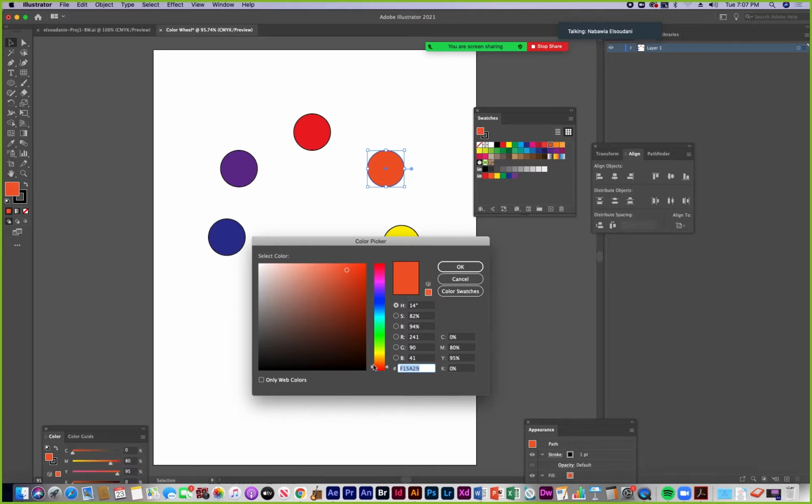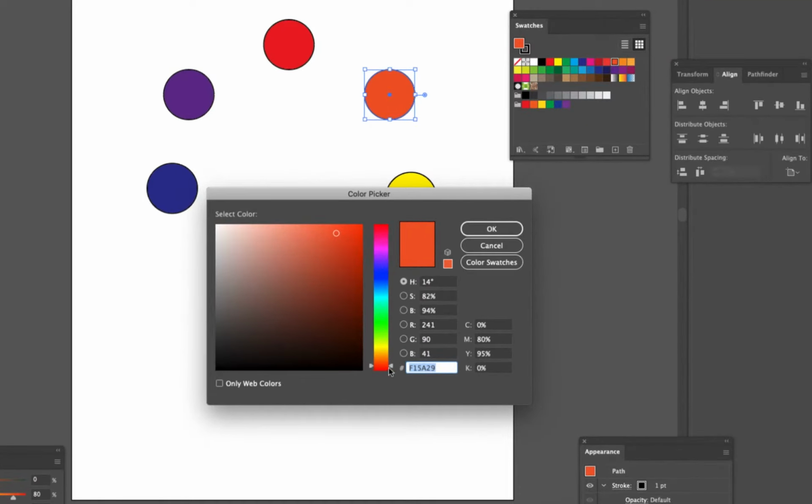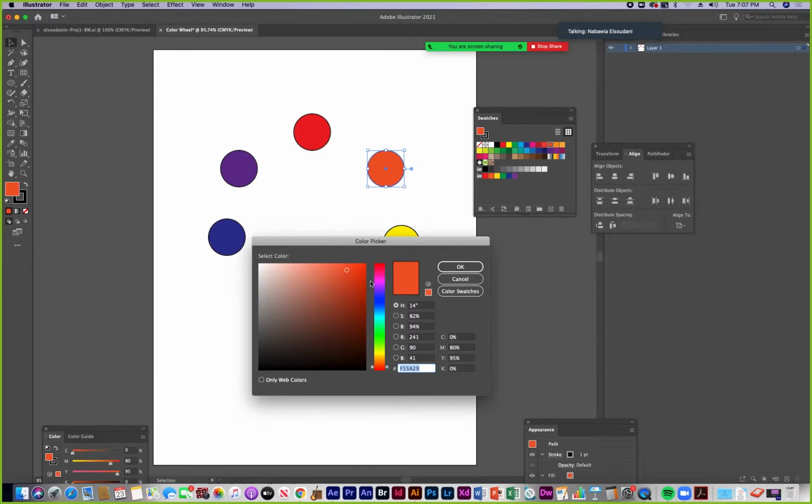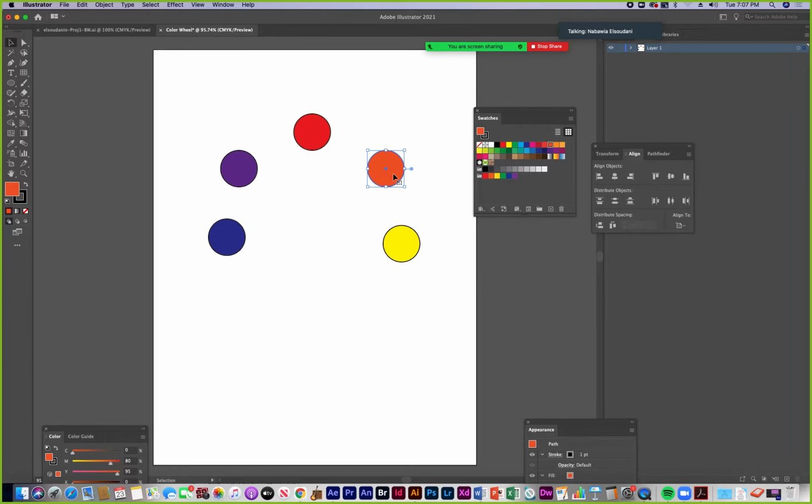It looks like it's pointing to red, but this is actually more orange, and red is probably up at the top here more. So that's orange enough for me for now. And then we mix blue and yellow. What do we get? Green. Green, that's right. So those are the secondary colors. Green, orange, and violet. Now we mix the colors again, and that finishes the color wheel.